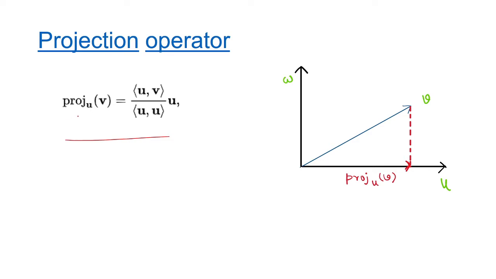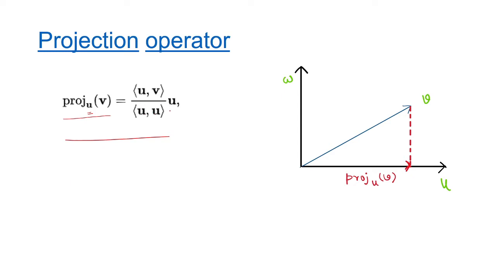First, let me talk about the notation. This is called the projection of V in the direction of U. If U and V are two vectors, then the projection of V in the direction of U is defined as follows: the inner product between U and V divided by the inner product of U and U,